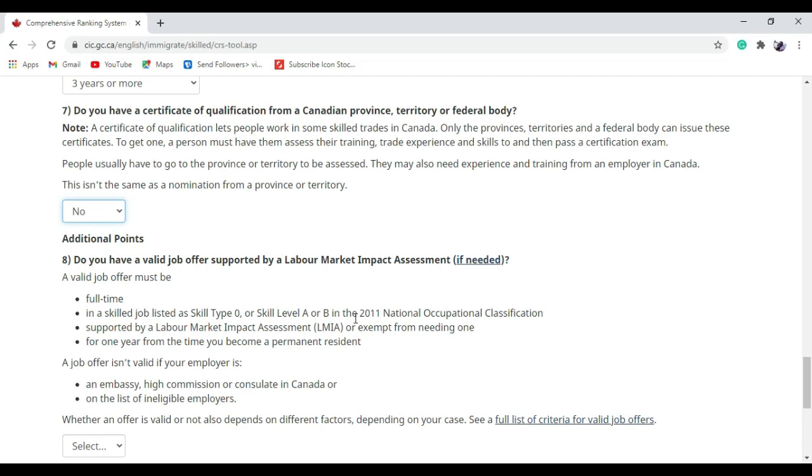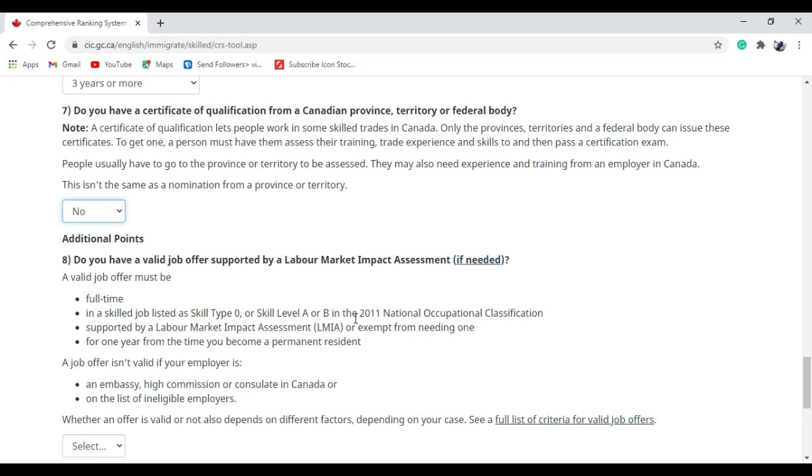Basically, LMIA is a kind of document given by the employer, saying that they want this person or a person with certain skills to come to Canada. They have to submit this document to the government, stating that the skill is not present in Canada and they need that person based on that skill. So that LMIA document is given to that person.